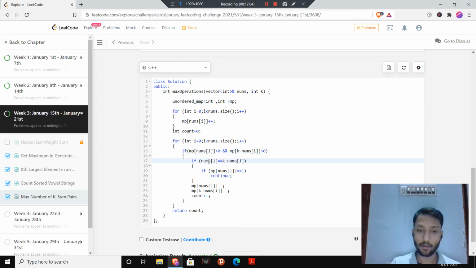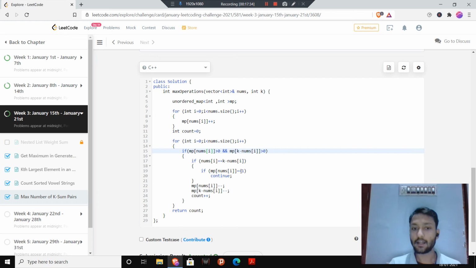Now if nums of i is equal to k minus nums of i, I have told you earlier also, if the elements are the same, then I have to check if the frequency is greater than 1, and only then will I proceed. If their frequency is 1, then I will continue. Okay, moving to the condition again.